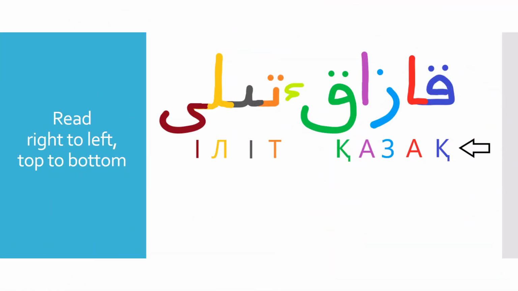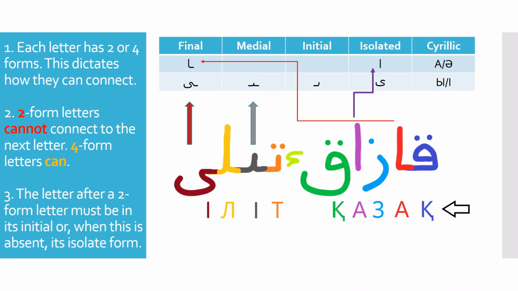For those who may not be familiar with the Arabic script, it is written from right to left and top to bottom. This may take some time to get used to if you've only ever read left to right scripts like Latin or Cyrillic, but with time it will become second nature. With the exception of the Hamza mark, each letter has 2 or 4 forms. Those with 2 have an isolated or final form. This means it can connect with the previous letter but not the preceding one. Those with 4 have an isolated, initial, medial, and final form. This isolated form is used when the letter is stranded on either side, either due to a lack of letters or because the neighboring letters cannot connect.